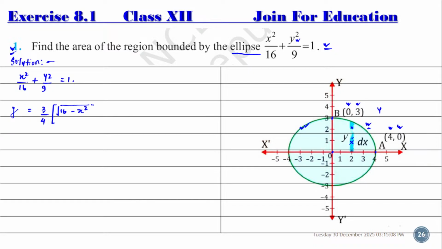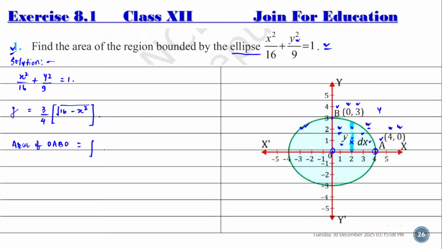So the area of this part equal to y into dx. So area of OABO, it means that O, A, B and O equal to